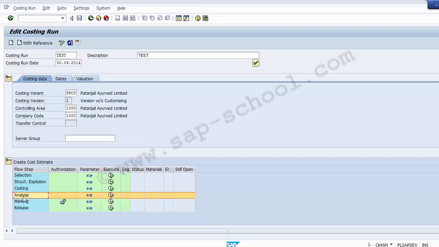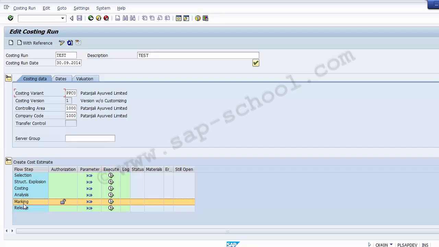In the marking step, once we move on to the fifth step, that is the marking, you open the lock. There is a lock over here, as you can see. You have to open this lock to authorize marking for a company code, costing variant, and the period. So once you unlock this, that means the costing run has to be done for this particular company code, this particular costing variant, and for that particular period as a costing run which we have defined in the selection parameters. Once marked